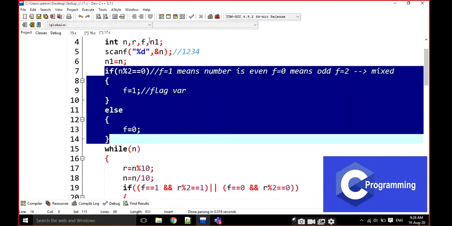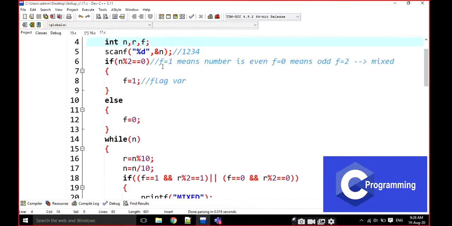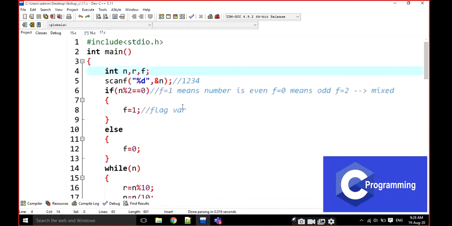Just note it down first of all. This is the best one. Just note it down, everyone, what I am writing here.